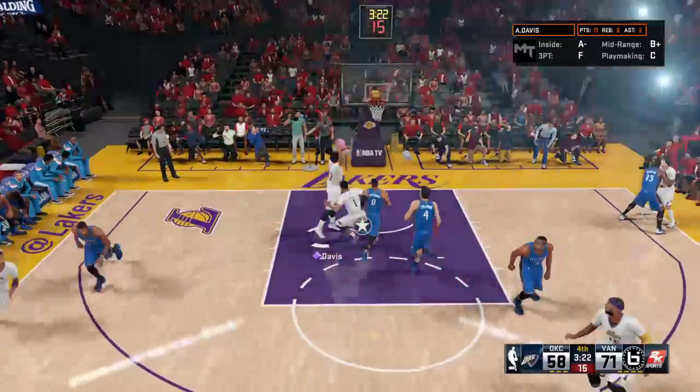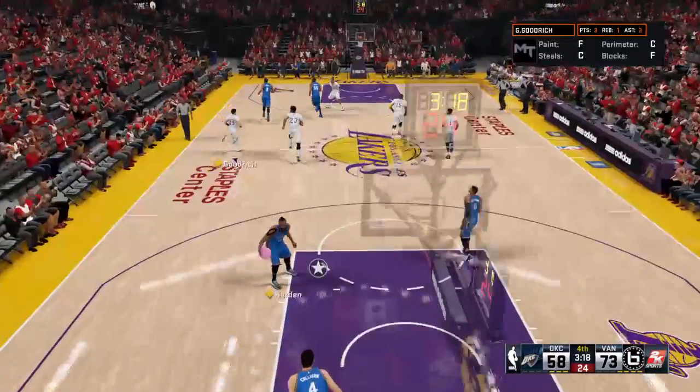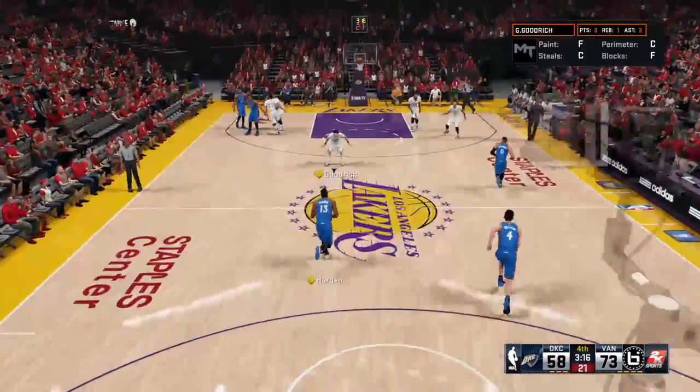Cousins kicks to Davis. Double. And there's a nice one-handed slam. Maybe could have tried for a more memorable dunk than that. And we know he's